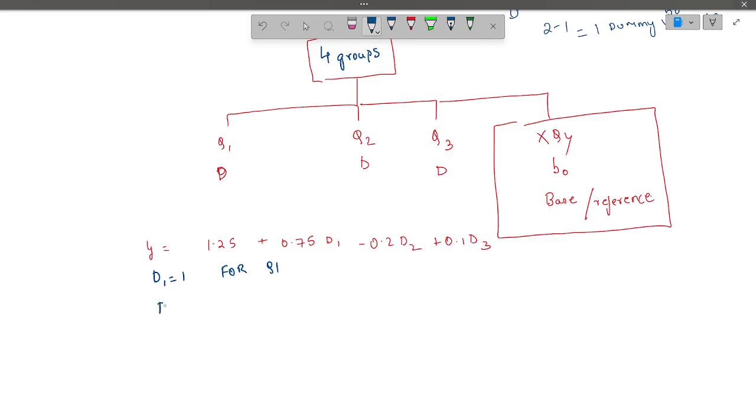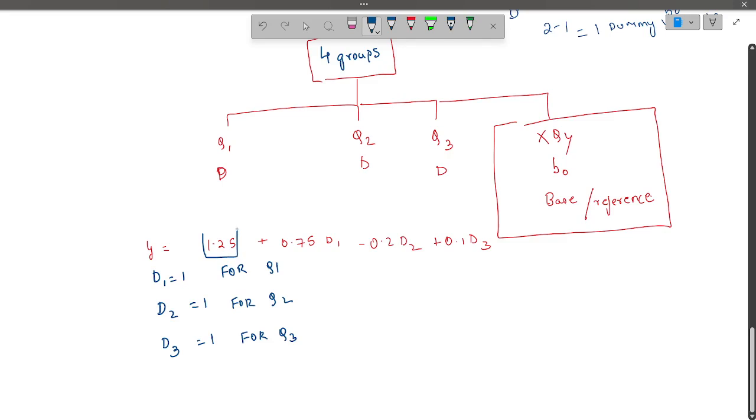right? d2 equals 1 for q2. For all other quarters, d2 is 0. And d3 equals 1 for q3. For all other quarters, it is 0. Right? And how am I going to interpret these intercept and slope coefficients? So understand B0 is 1.25. So we are going to say that average returns